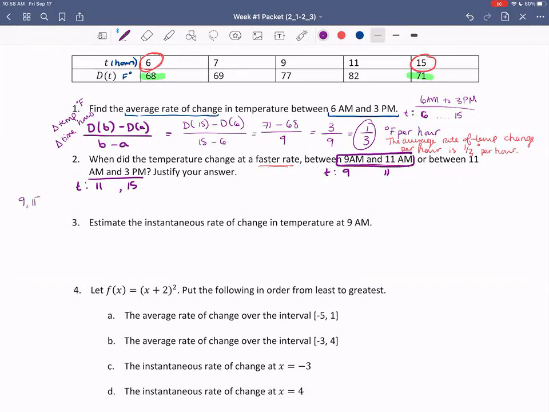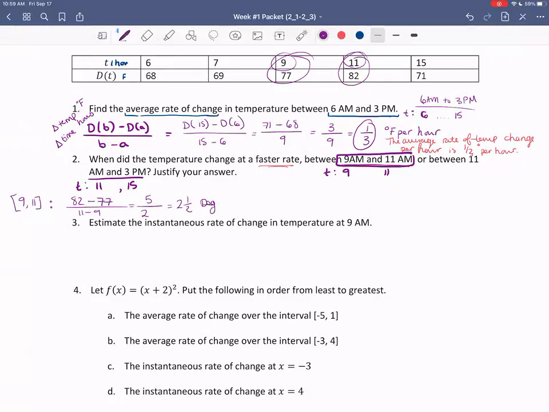So I'll say from 9 to 11, average rate of change would be, well, what's happening at 11? D of 11 is 82, minus D of 9 is 77. Now our denominator would be change of times. So 11 minus 9. So we can do that subtraction, 82 minus 77. That would give us 5 in the numerator, and 11 minus 9 would give us 2 in the denominator. So that would be 5 halves, or 2.5